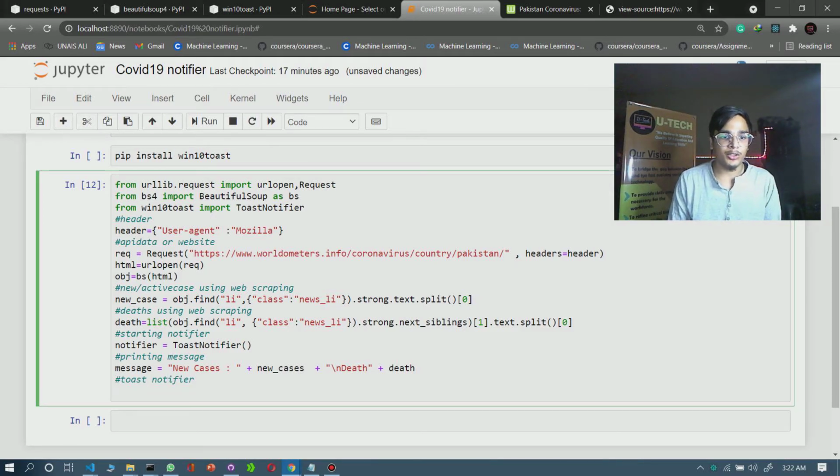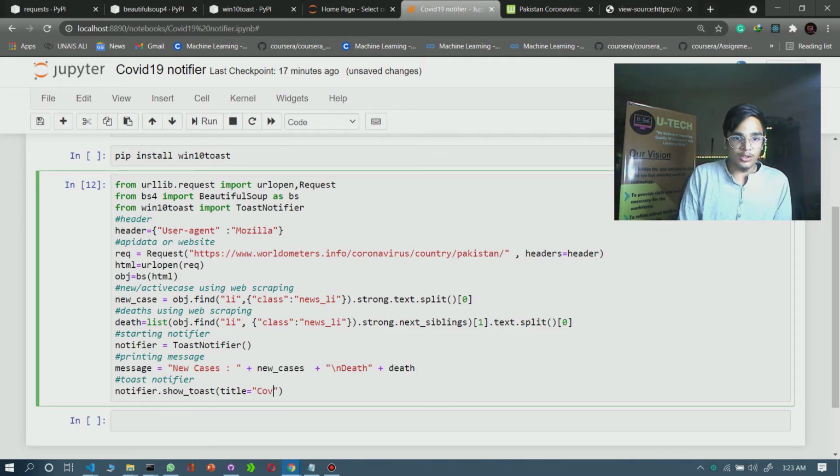Now let's make a comment for toast notifier, and for the toast notifier you have to write notifier dot show toast, because we are using that toast notifier. You have to give the title for your notifier, and I am giving the title COVID-19 notification, and after that you have to print the message msg.